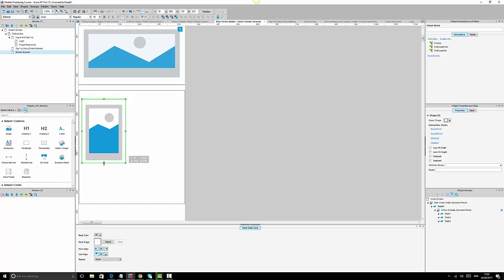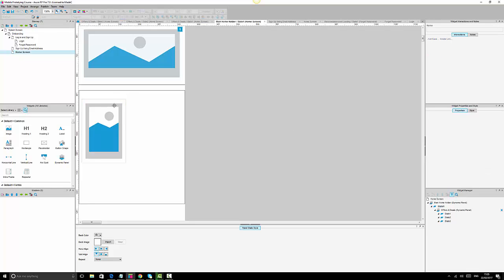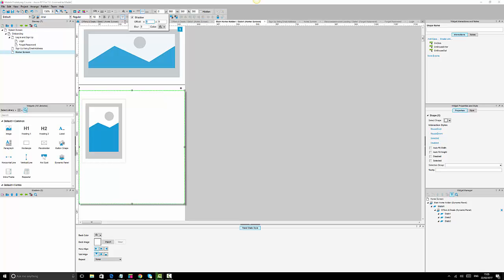Might just have to make sure that it is properly. Yeah, we can also remove the border, give this a shadow, 2 and 0,